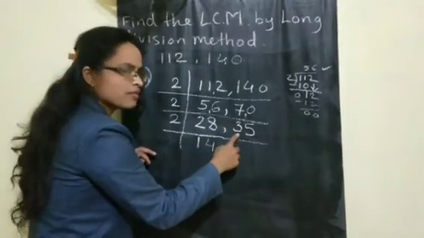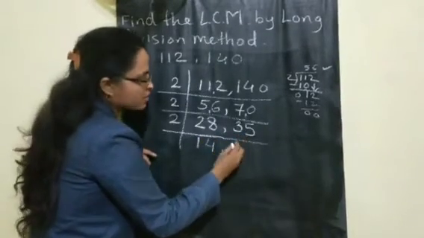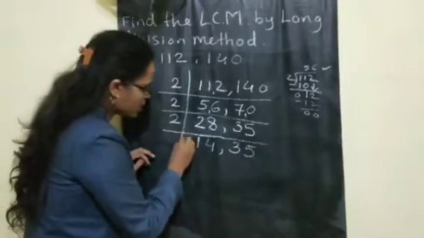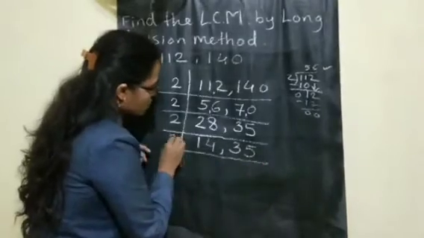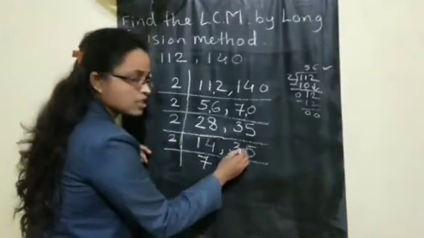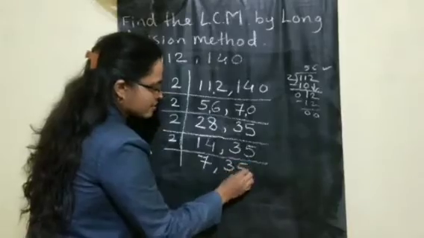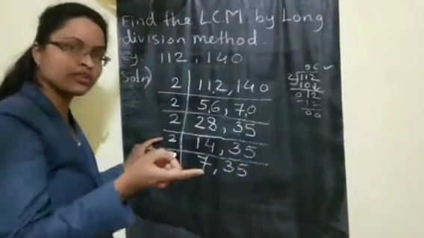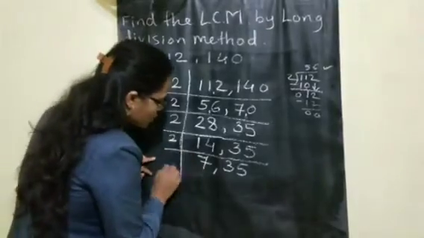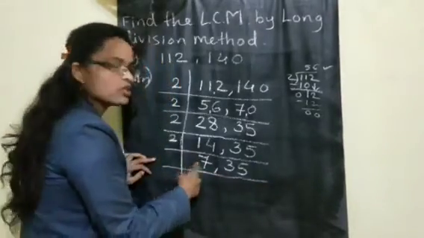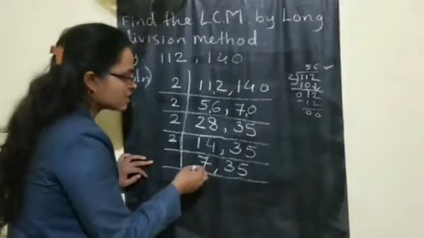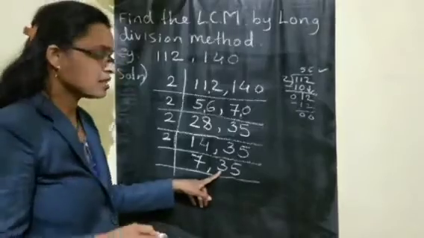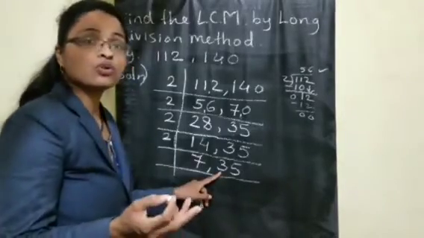Now here you cannot divide by 2 because it is the number 35. So write as it is. If you cannot divide, continue it down. Okay children. Then 2 7s are 14. Still you cannot divide by 2. Write as it is. If at least one number can be divided, continue. If you cannot divide, go for the next prime number. Now, you cannot divide by 2 for 7 and 35. Then go for the next number, that is 3. Now, can you divide with 3? Any of these numbers? Not possible. Then go for 5.